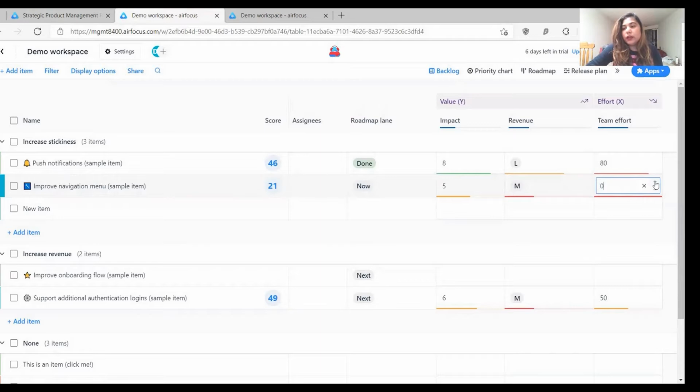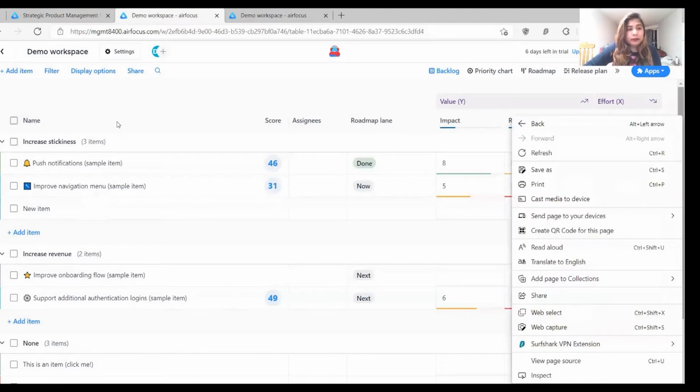You can just click on this plus symbol, and it is incremented by 1, or you may directly put some values, and based on these three factors your score would be calculated, and these scores define the priority of your task in the backlog.